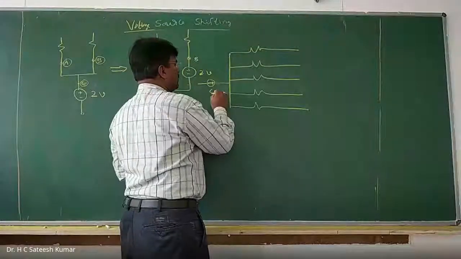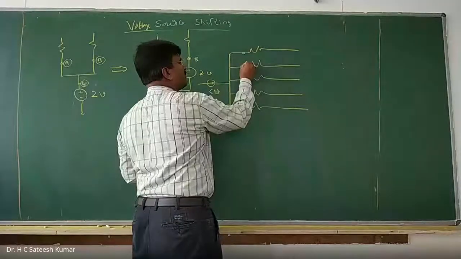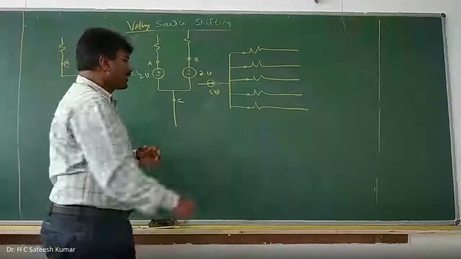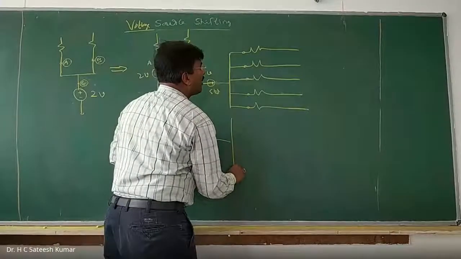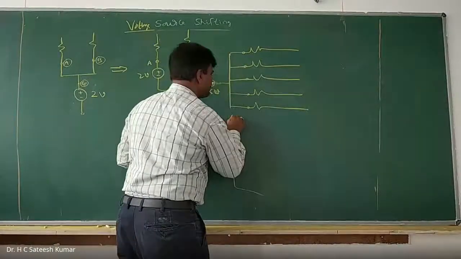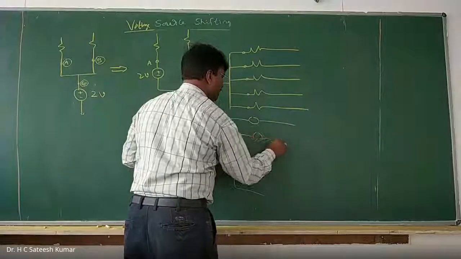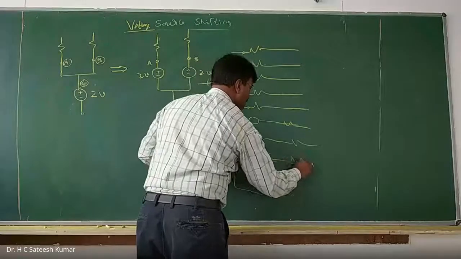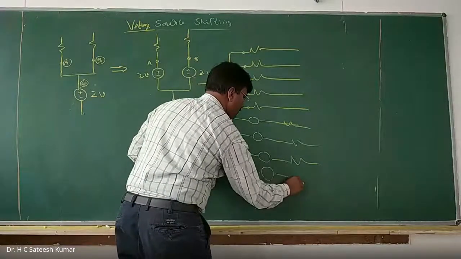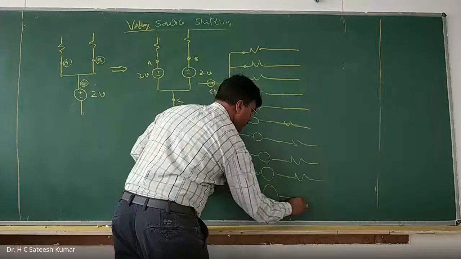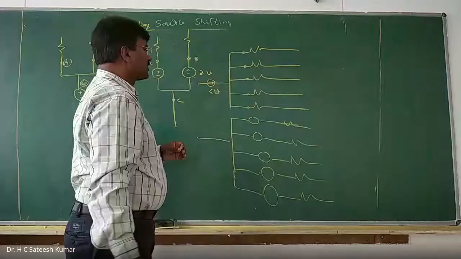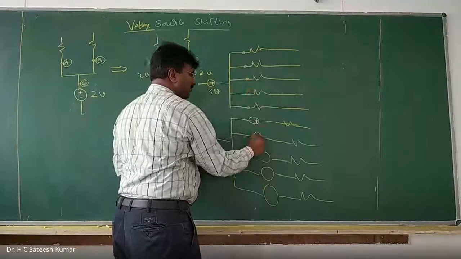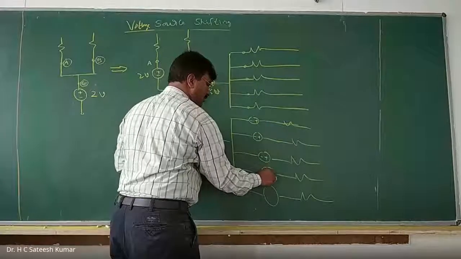Now what do we have? 5 volts. So the response is 5 volts, 5 volts, 5 volts, 5 volts, 5 volts. Now what can I do? I can replace it by all the 5 resistors. Now what do we have? Minus plus, same polarity. Same minus plus will be there. Polarity is also very, very important.